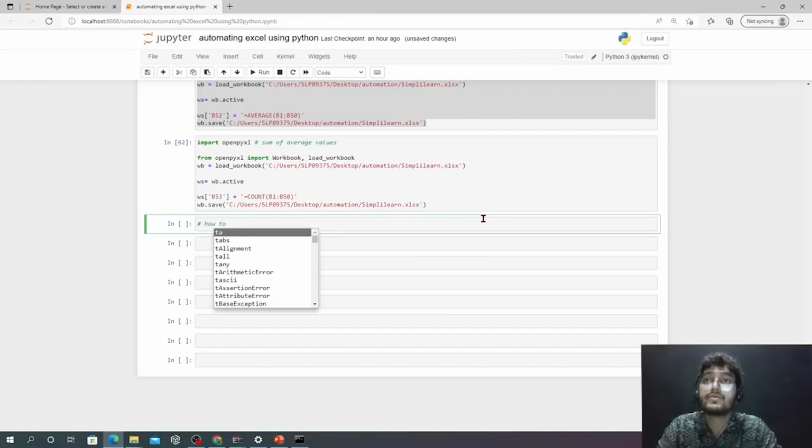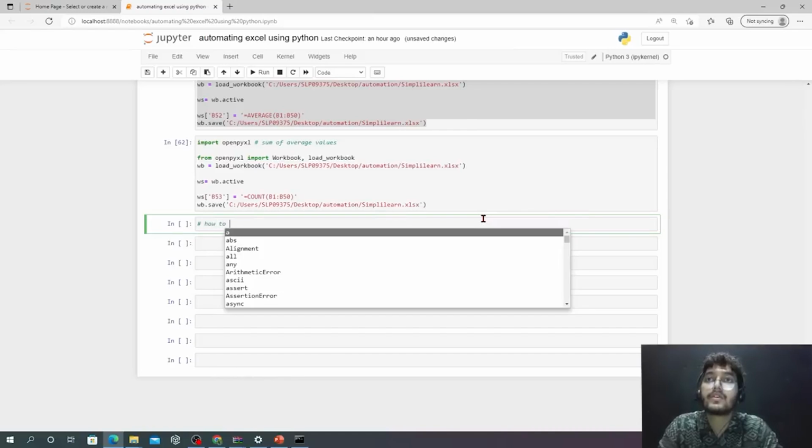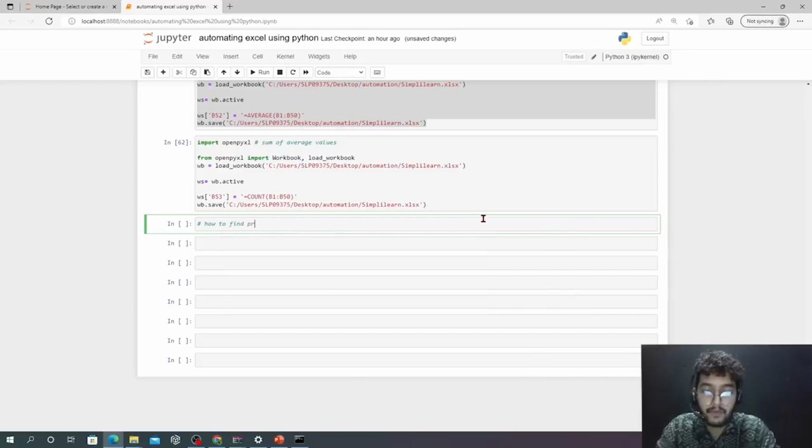Okay, how to find product of numbers where the range is between A2 to A98. Okay,